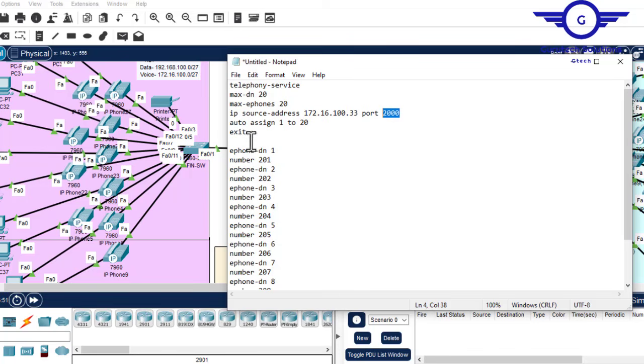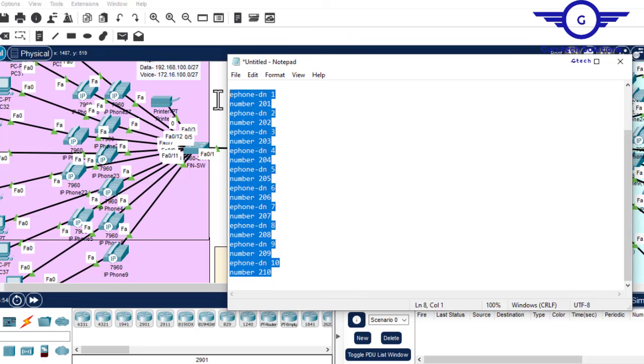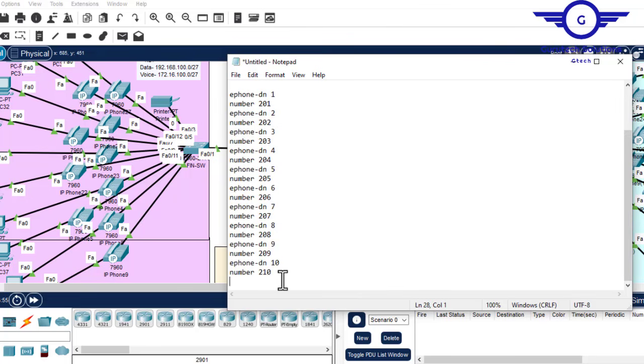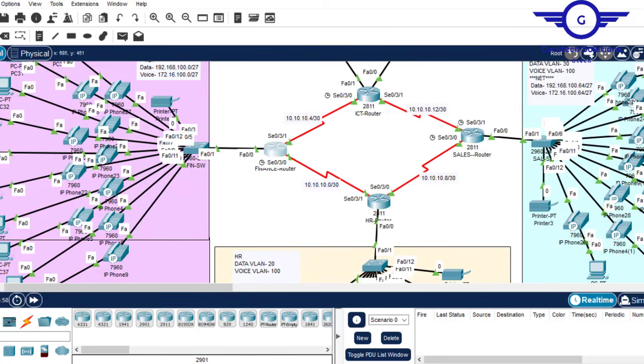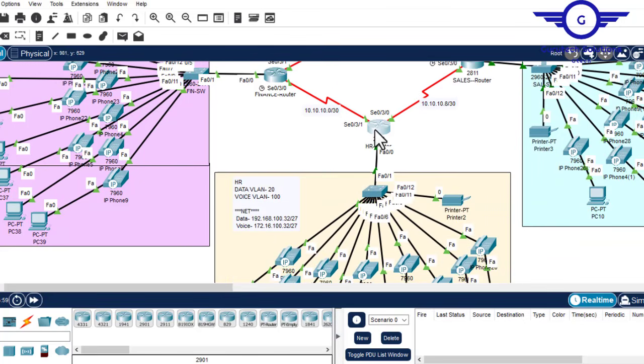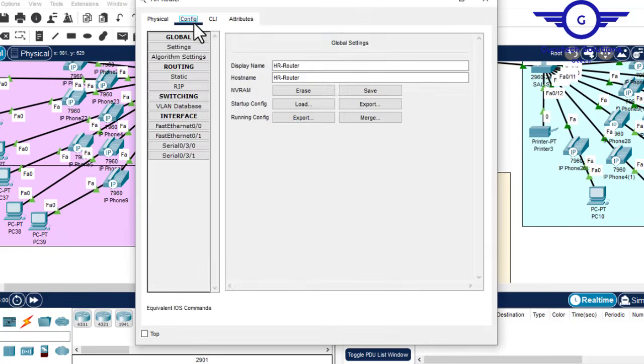I would assign 1 to 20 because we had only 20 devices, but in our topology I had only 10, so you can include until 10. For example, directory number 19 to 19, etc. I copy and paste to this router here. So what I do, come here,